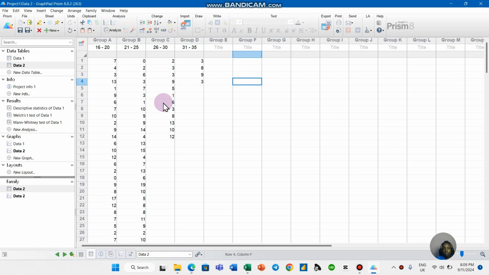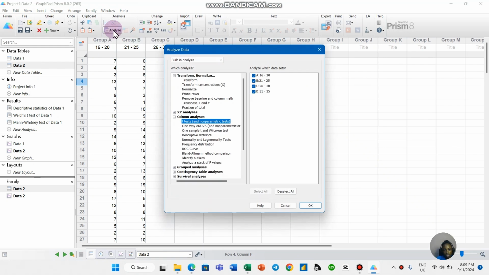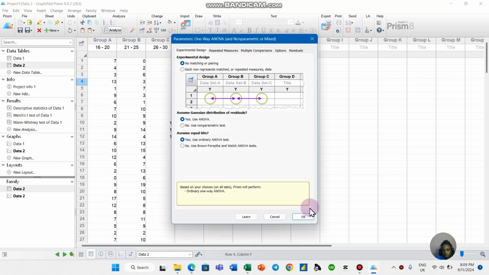So to carry out ANOVA, you also go to Analyze and then Column analysis. Then you can see one-way ANOVA here. It has already checked all the groups, and then you can click on OK. Then use ANOVA. If you want to use the non-parametric test, you can also choose that, but ANOVA is actually